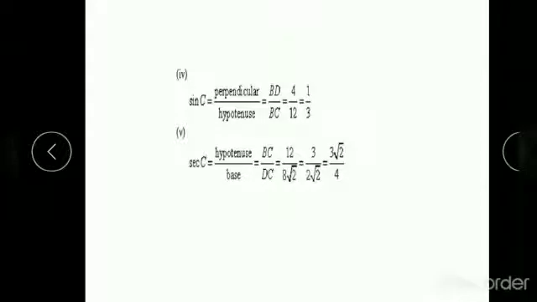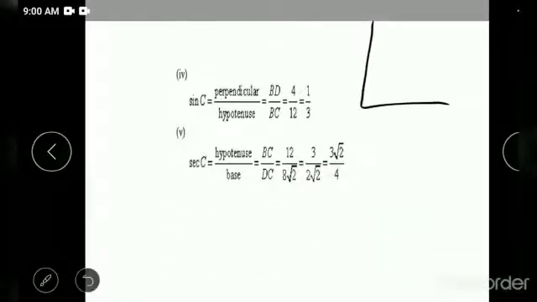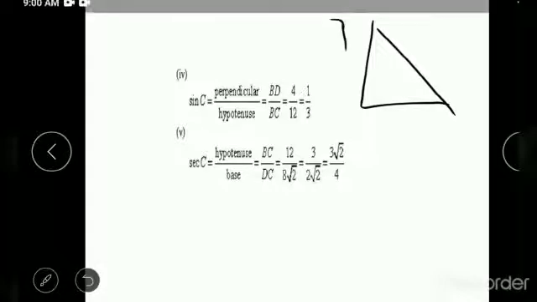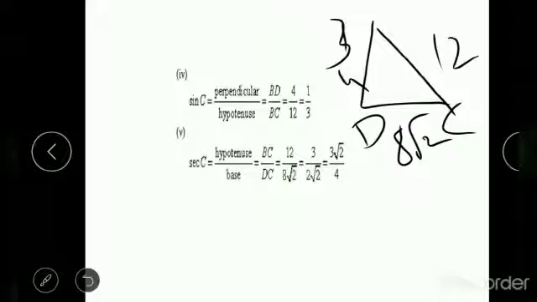So here you are going to take the reference angle as C, right? So you have the triangle one more, right? So it will be B, D and C. So what is the value of BD? That is 4, and BC is 12, and you have found what is the value of DC, right? That is 8 into root 2. Okay, so here you are going to take the reference angle as C. So this will be your BD will be your perpendicular, and BC is your hypotenuse, and DC is your base.